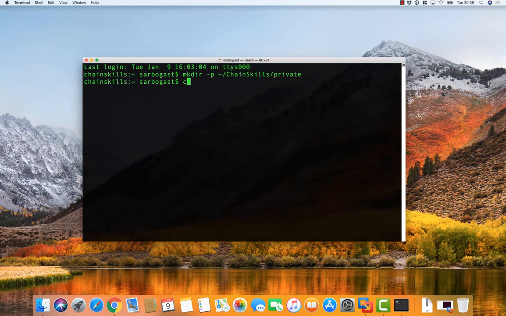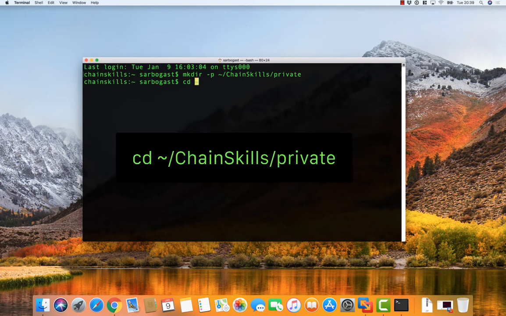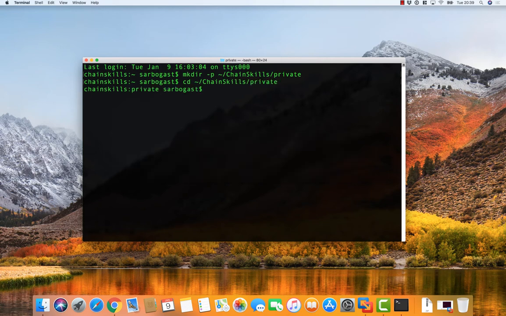And then we can go there. Okay, so with these commands, the tilde character represents the user home directory. So here my username is sarbogast, and if I do a pwd to print the working directory,